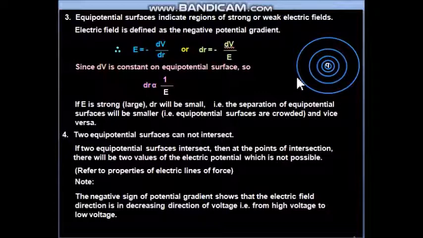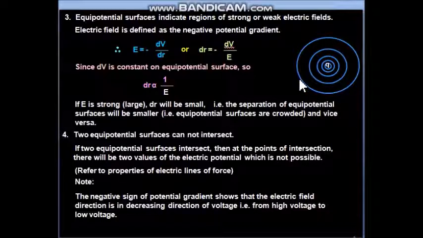On the other hand, if we go far off from the charge, suppose we are here, at this location, because we are far from the charge, the electric field will be weaker. So when the electric field is less, that means weak, dr will be more, that means the gap between any two EPS will be more at that location. So the idea is clear. Using the separation or the gap between any two EPS, we can get the idea about the strong or weak electric field. So let us conclude this point.